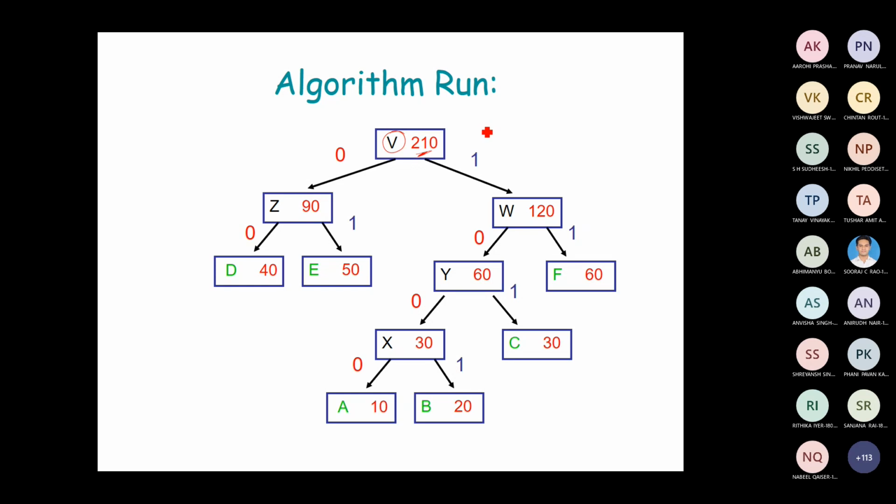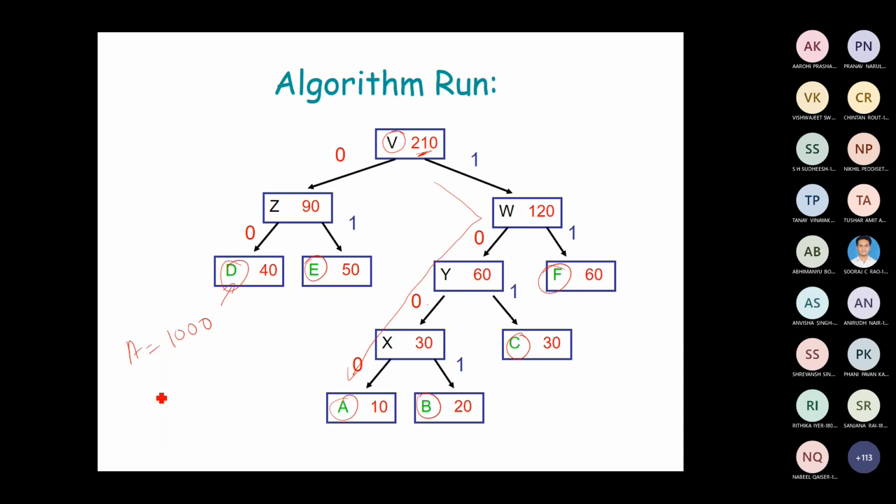Now what I can do is produce the unique prefix code for the symbols D, E, A, B, C and F. According to our convention, left edges are denoted by 0 and right edges are denoted by 1. To produce the code, you traverse from the root node to the desired symbol, so that you will get the code for that. Suppose you wanted to produce the code for A, you have to visit the node A in this path, that is nothing but 1 0 0 0. This is the code of A.